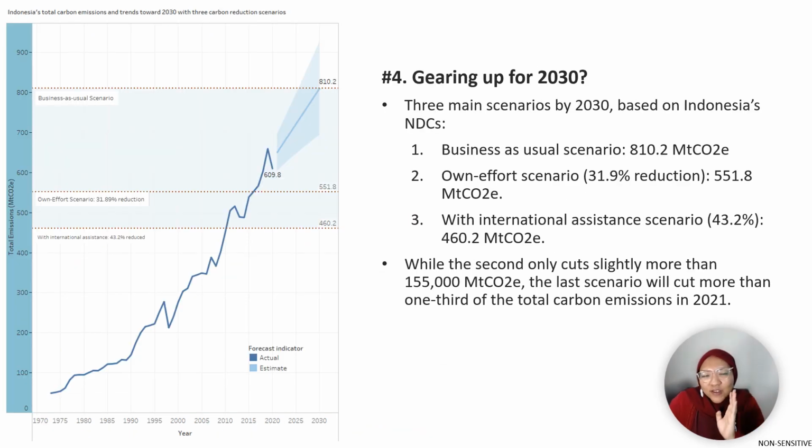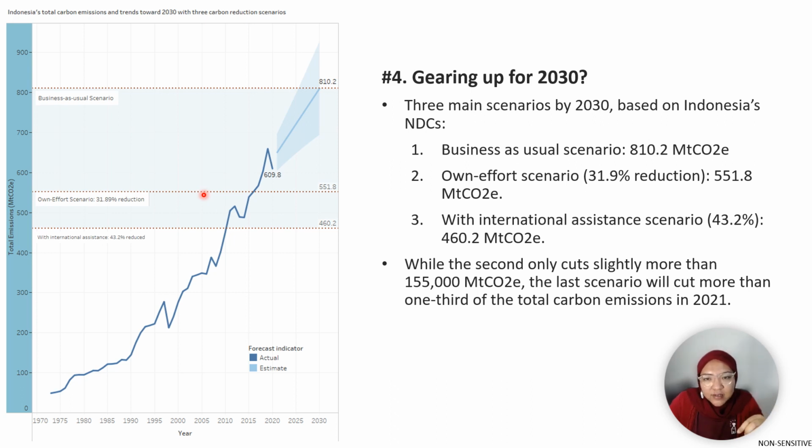At this point, we may ask, what's next? In the Paris Agreement in 2016, Indonesia submitted its nationally determined contribution, which was later updated to indicate its greenhouse gas target. So I include all the target scenarios on the line graph here with the forecast data up to 2030. So in this graph, we can see how it looks for Indonesia in 2030 in three different scenarios. The first one is business as usual, meaning that we don't do anything to reduce emissions. And the second one, if Indonesia relies on its own efforts to reduce emissions, so it doesn't get any assistance